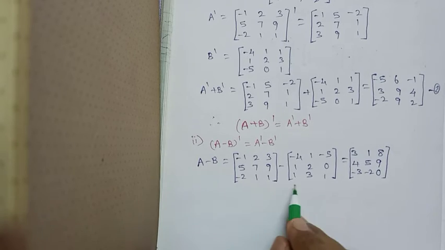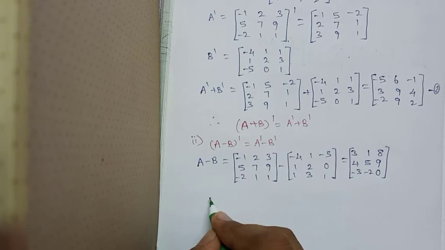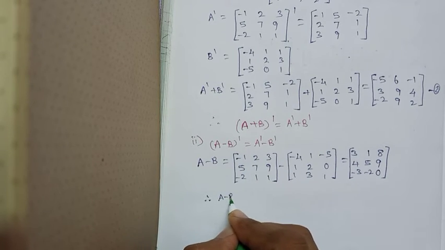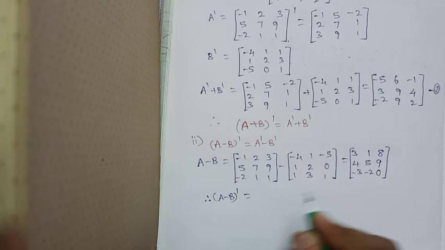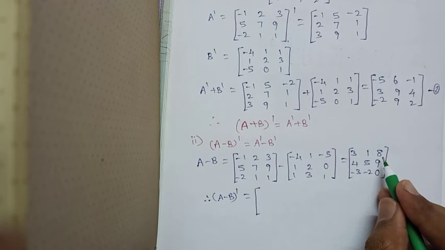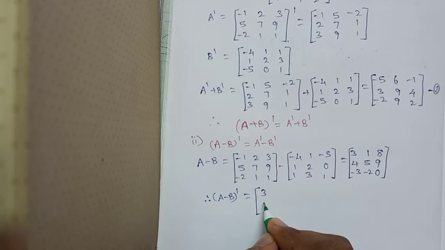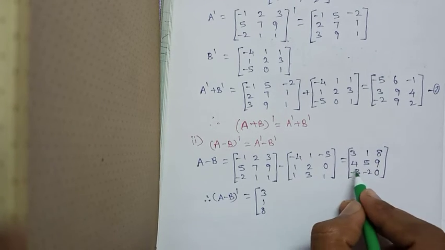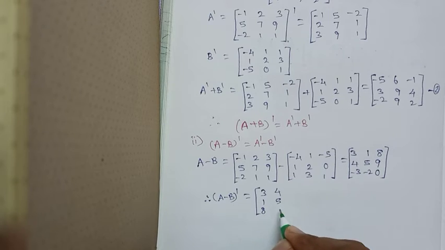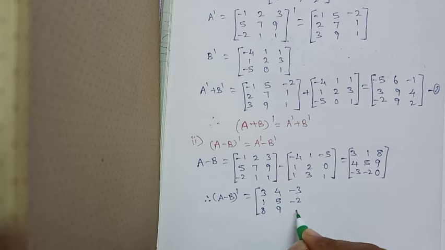So A minus B, the matrix is this on the left hand side. Therefore, A minus B transpose, you have to find the transpose by interchanging the rows into columns. The first row interchanges to the first column, that is 3 1 8, the second row 4 5 9, and the third row minus 3 minus 2 0,